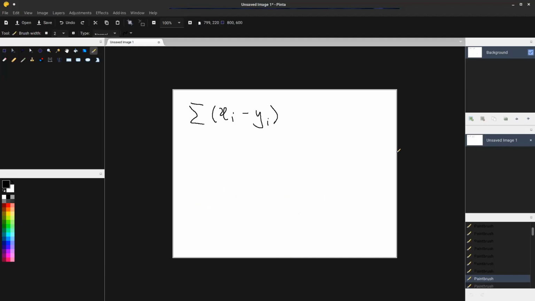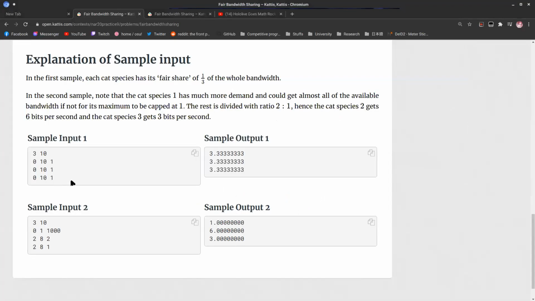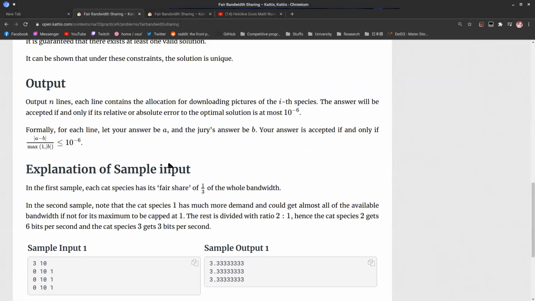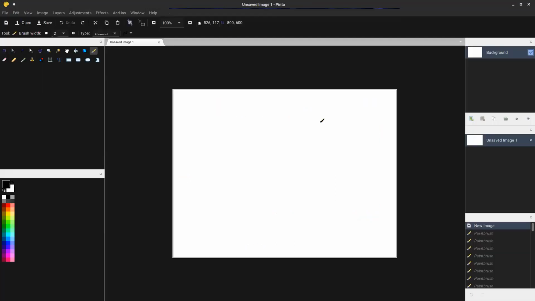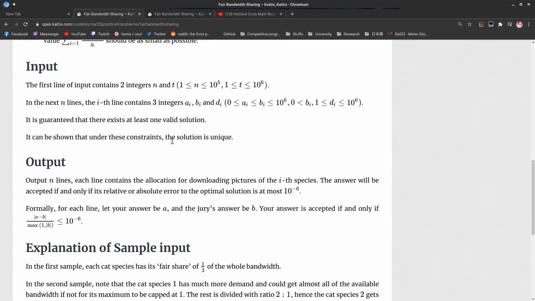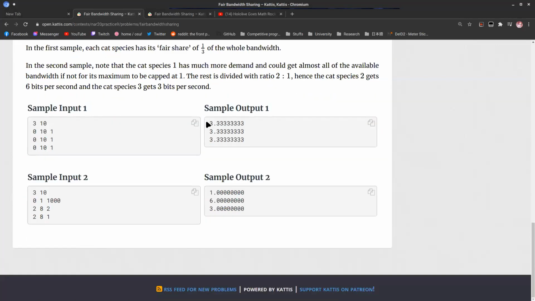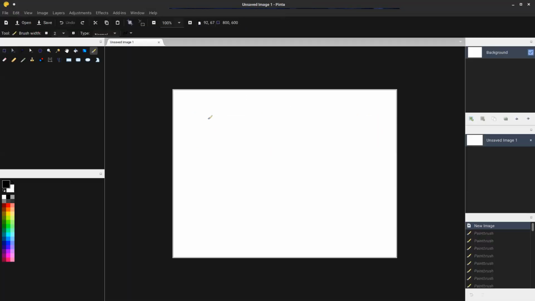Oh, and it's also worth noting that yi is actually always positive. So yeah, there is no negative shenanigans here. Okay, so let's just for a second ignore the fact that the answer is a real value, and let's try to focus on integer values for x only. So we need to notice that the function xi squared divided by yi is